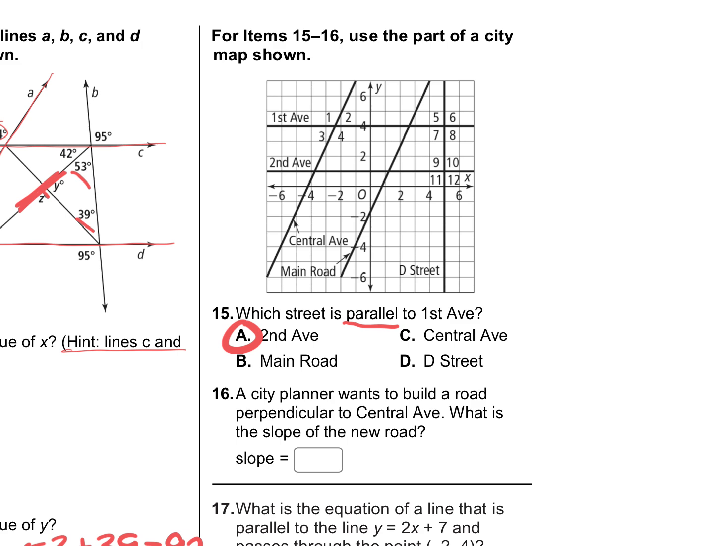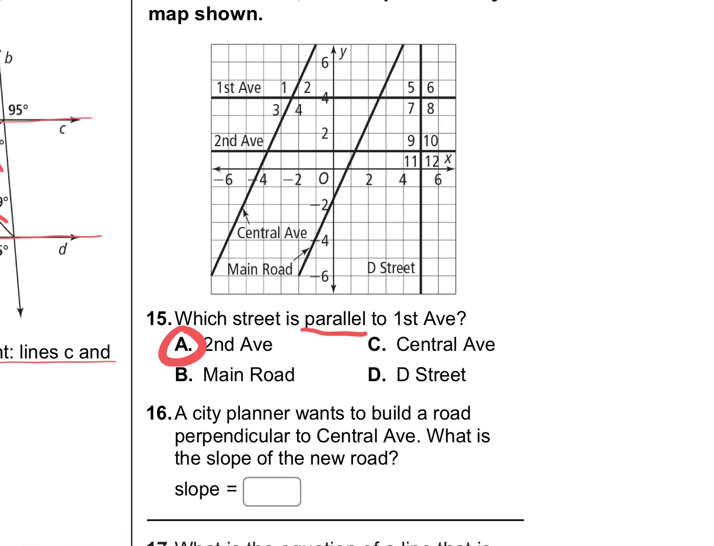Good. What if it asked what is parallel to First Avenue? Or sorry, perpendicular to First Avenue. Main Road or Central Avenue or D Street? D Street. Why do you say D Street? Because it's an undefined line, and a slope of 0 and undefined are perpendicular. Right, and remember perpendicular lines make a right angle there. So if it's a straight line side to side and a straight line up and down, those are perpendicular